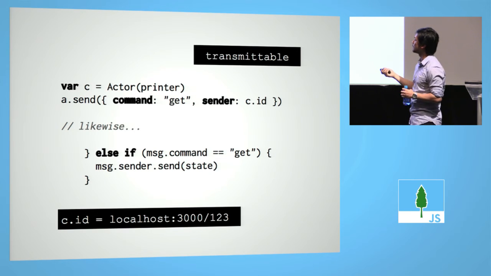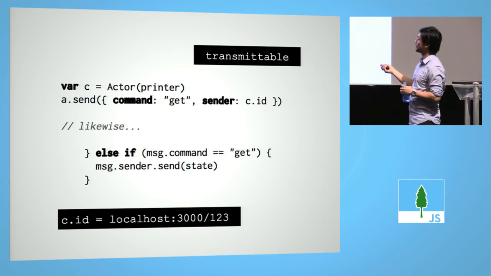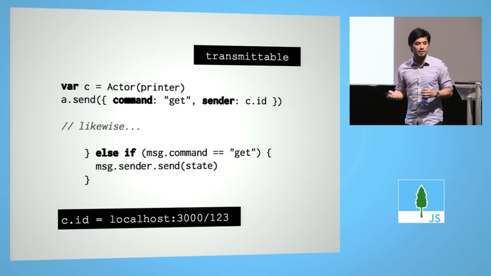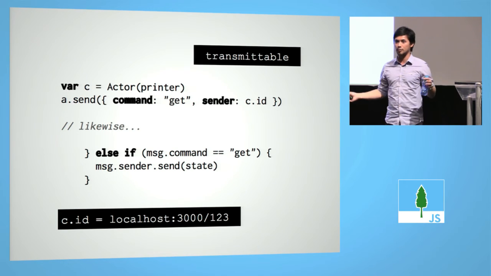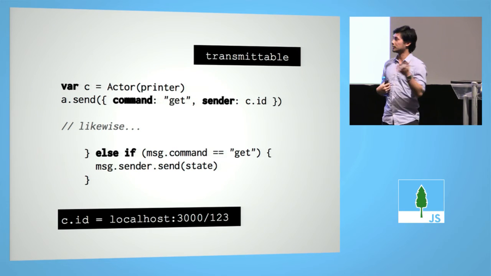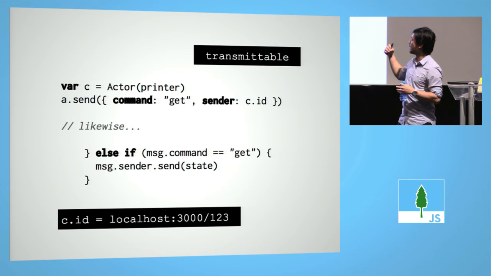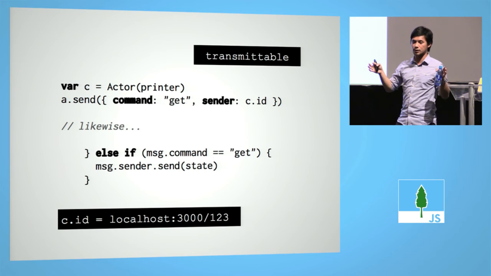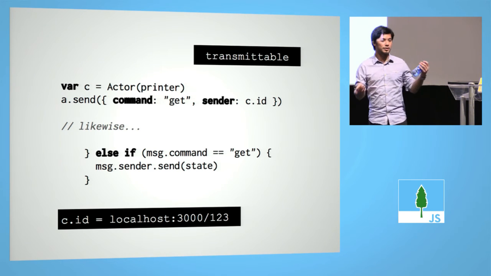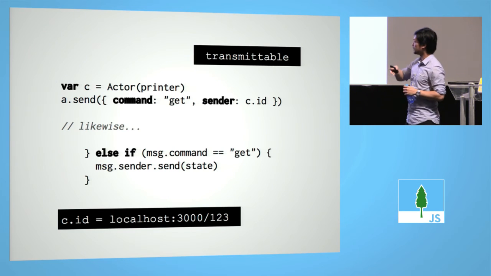The implementation that I came up with had each process ID, each actor ID, have a URL, because we're assuming that this is going to be distributed across a number of machines. So you could have one server running on port 3000 and another server running on some other IP address, port 4000. And each of these instances of servers had a bunch of processes that they could correlate with the ID after the /. So what would happen here is the send method would try to figure out, all right,